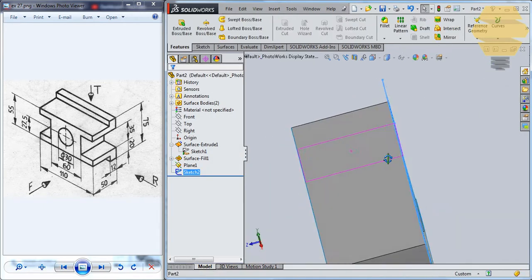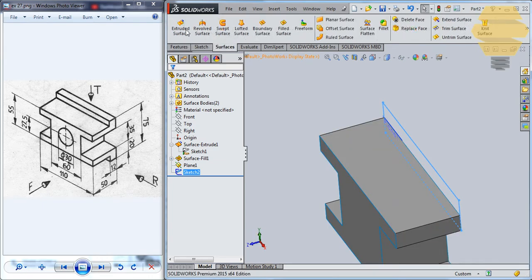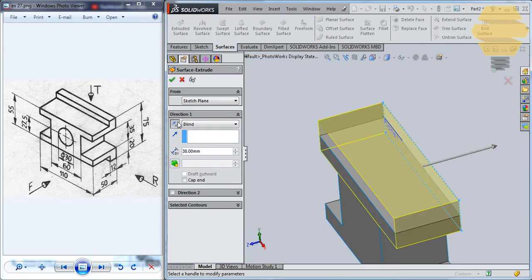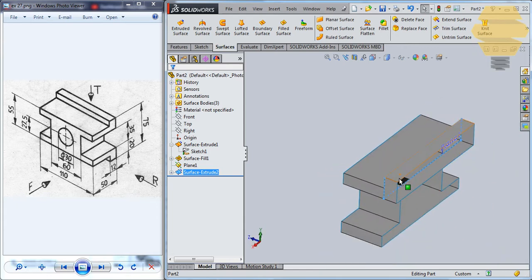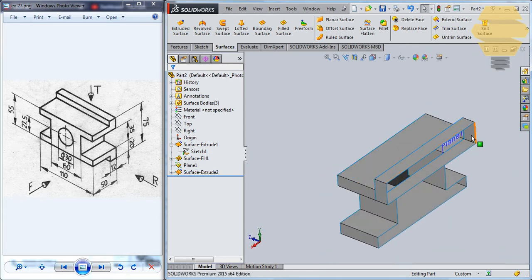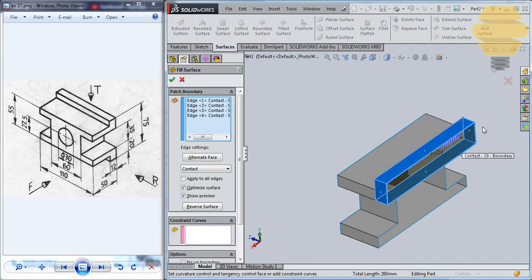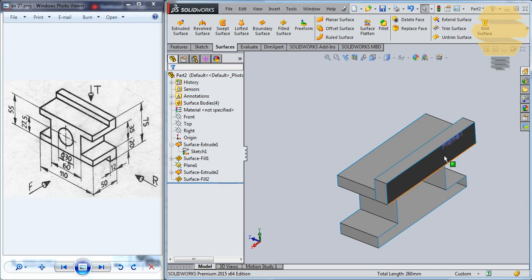Exit the sketch. Now you can go for surfaces, extrude surface. On the opposite direction you can give like 12. Now that's created. Now what you can do is select all of these edges over here, and go for fill surface. You can fill that,